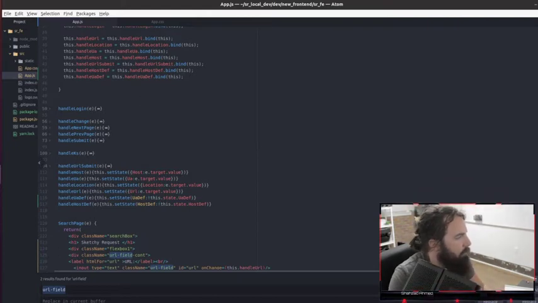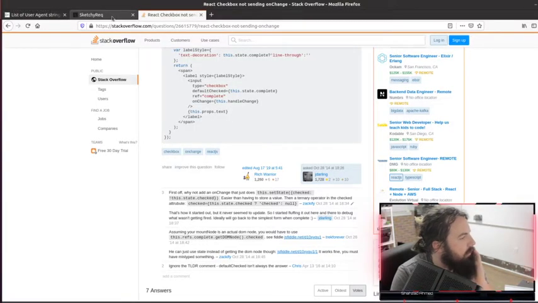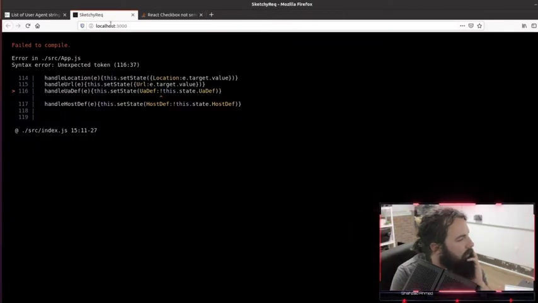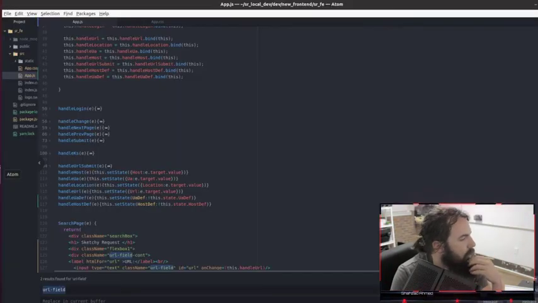Let's see if that actually compiled. Okay, so that's the incorrect. Would it just be not? How do you do opposites in... I guess I don't have. Alright, we're just gonna go ahead and set it to e.target.value like the other ones and hope that just magically works for us.